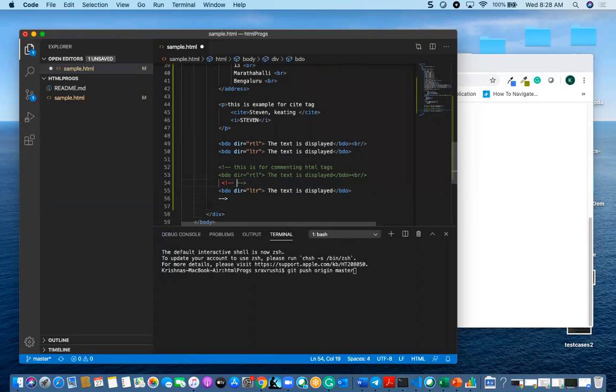Once it is commented, it expects the end parameter. If it finds the starting parameter again, it will throw an error. So to comment multiple lines, we have to ensure this quotation should not appear in between.